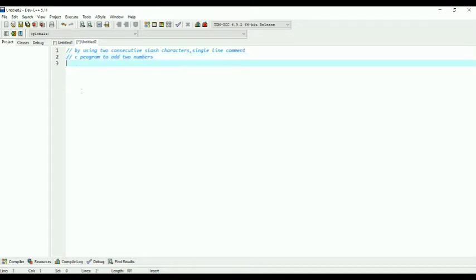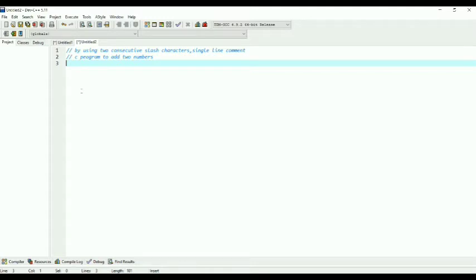Double slash is used for a single line comment, and slash star at the start and star slash at the end is used for a multi-line comment in C.